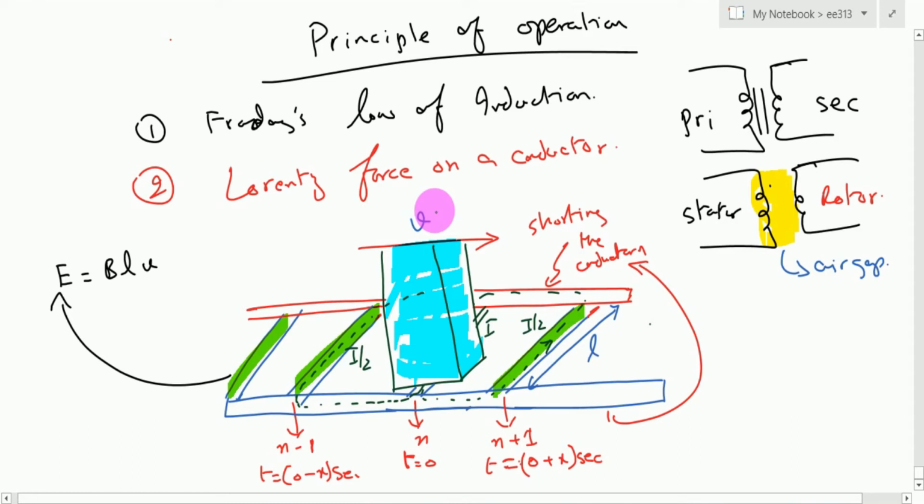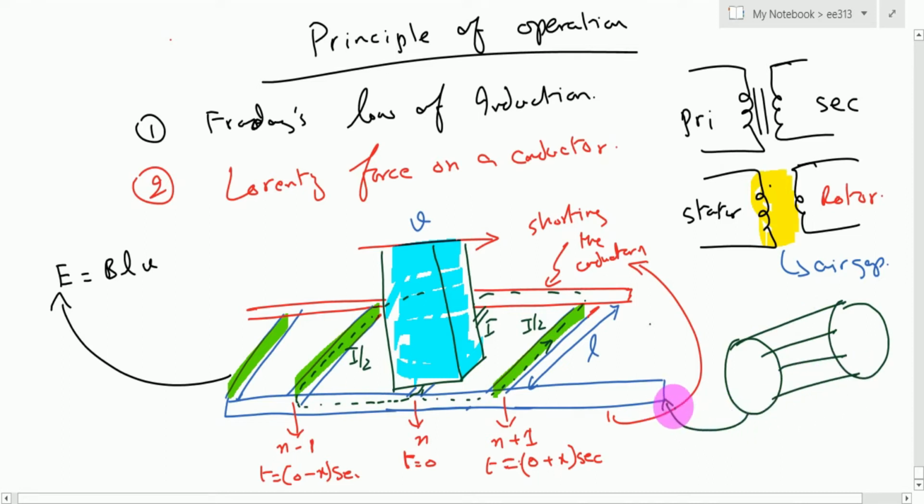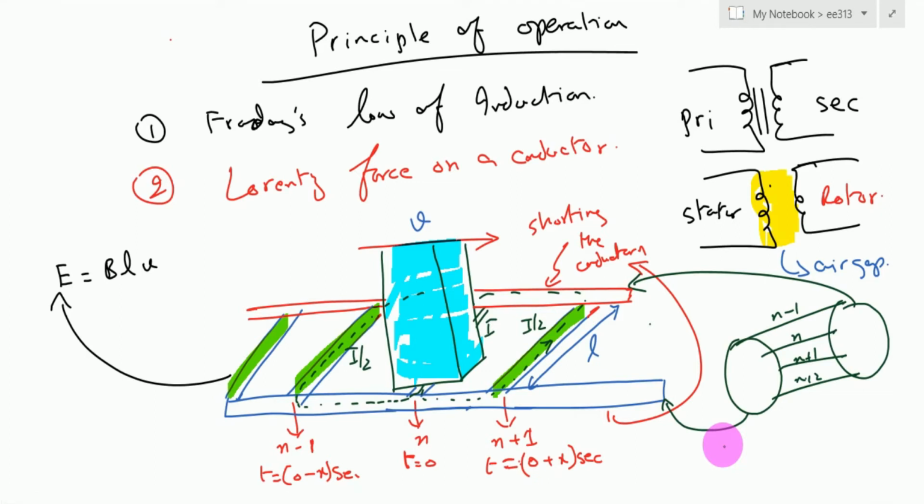So the consequence here is that if we have a ladder of conductors wrapped something like the one I have shown earlier, where these two represent the rails which are shorting the conductors. These are the conductors: this is conductor number n, this is n minus 1, this is n plus 1, this is n plus 2, and so on. So it's a complete 360 degree cylinder where the conductors are placed on the top surface.